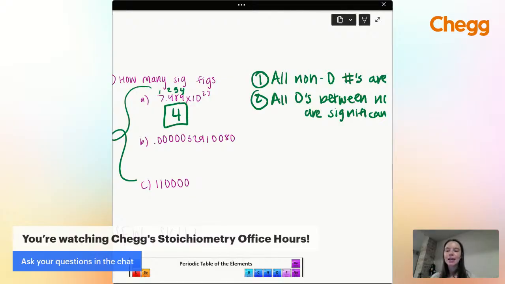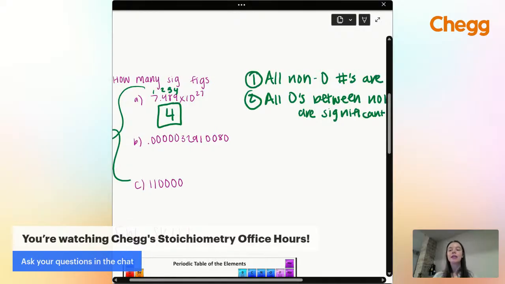But now this next one is a little bit more complicated. So I'm going to give y'all 10 seconds. Tell me how many sig figs you think are in this problem. Then I'm going to give you a new rule about significant figures. And then I'm going to give y'all some more time to see if you want to readjust your answer. But 10 seconds, type an answer in the chat. How many significant figures are in B? This 0.000 and so on number.